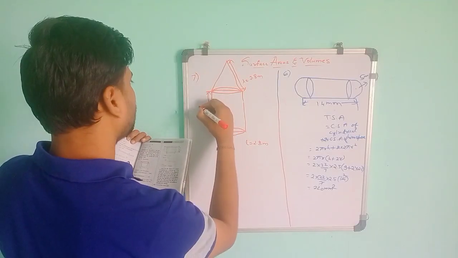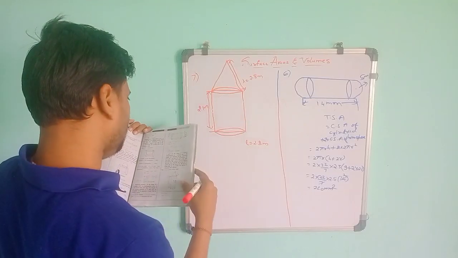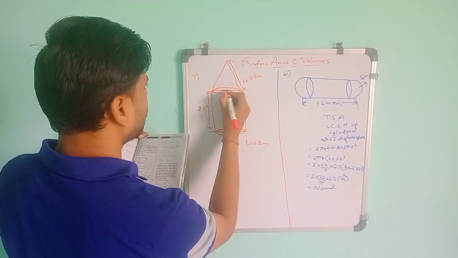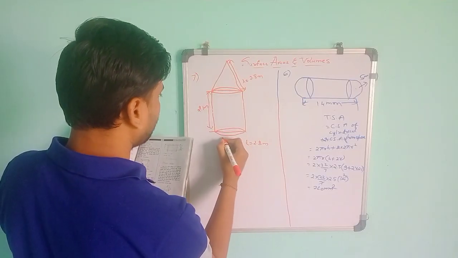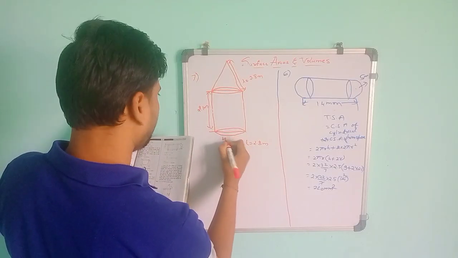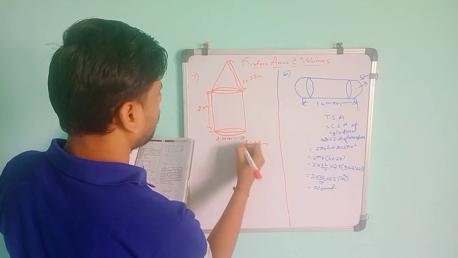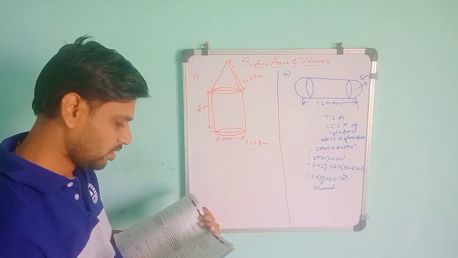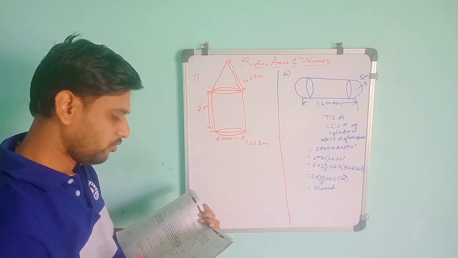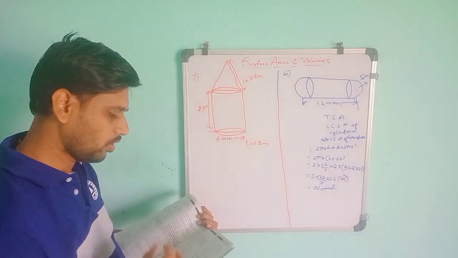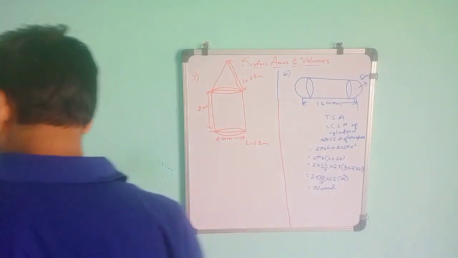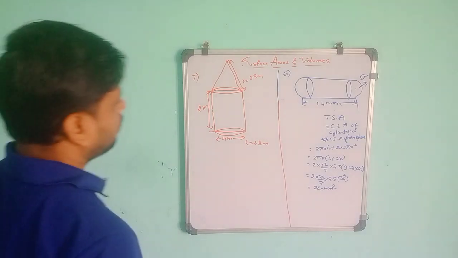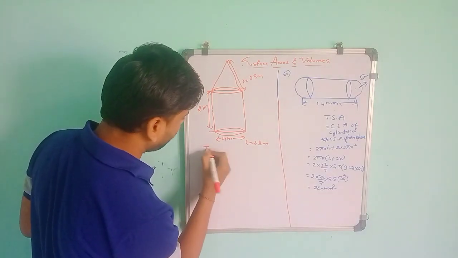given as 2.1 meter. Then the diameter of the cylindrical part is this one. This total is 4 meter. So you have to find the surface area of the canvas, and for per meter square it is 500. So you have to calculate the total cost for the canvas. So the total surface area will be